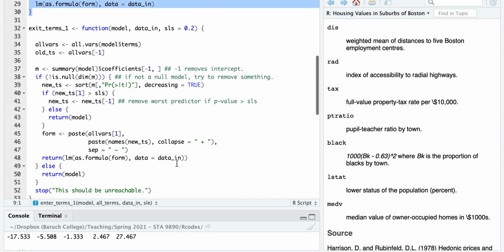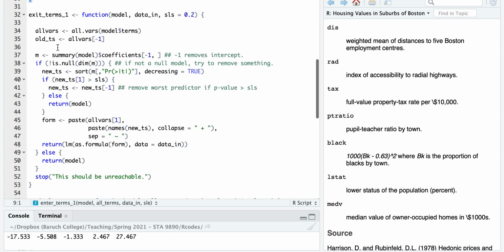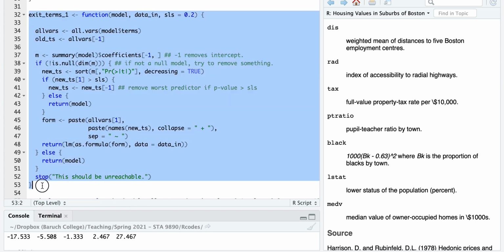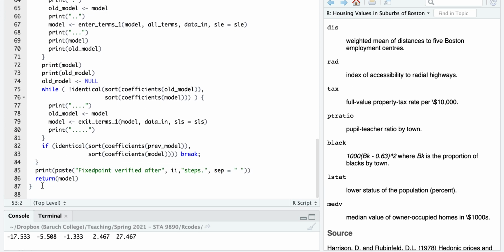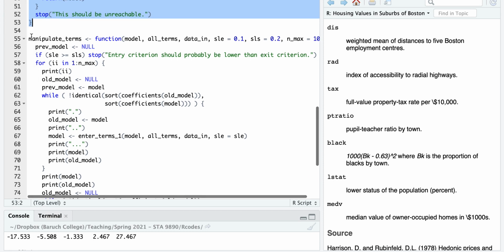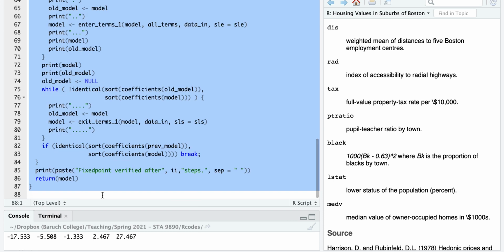We'll get to it. And then we have exit terms, which is a function which removes predictors. This will be called in the backward selection steps. And then here we have the main function, which is manipulate terms,